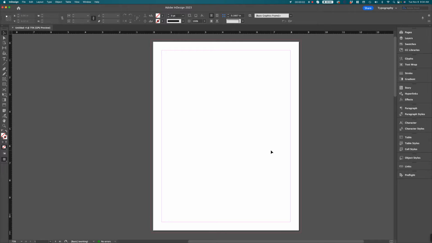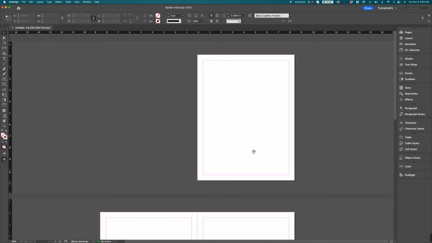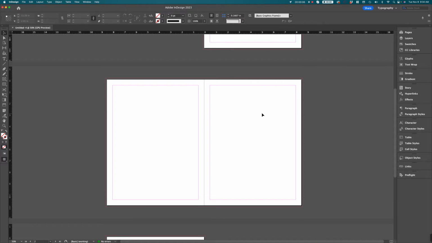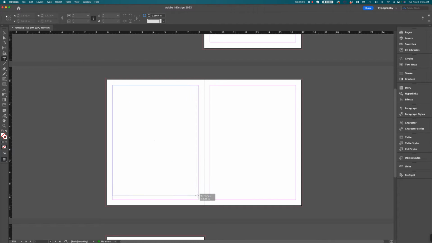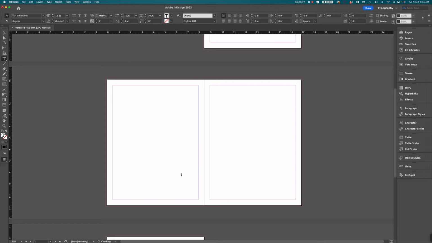Okay, so now that we have our document set up, we're probably going to want to import some text. There are several ways to put text into a document. They all begin with drawing a text area. We'll just select the type tool and draw out a text area on our page, however big we want it. So I could start just typing in this